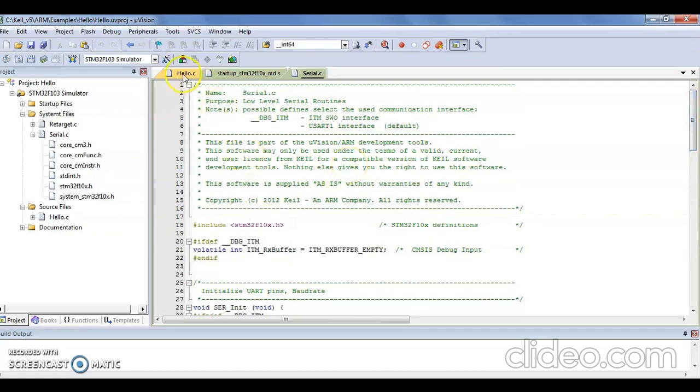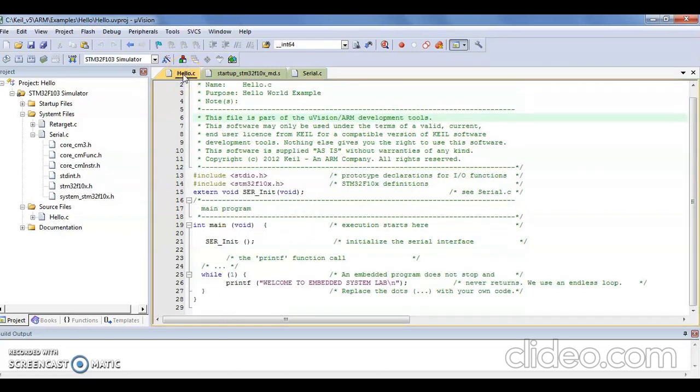Coming to the program, we are including the header file for the device which you are using to simulate, followed by the stdio.h file for IO function prototyping. Next, we are calling ser_init, the serial interface initialization, which is a part of serial.c.